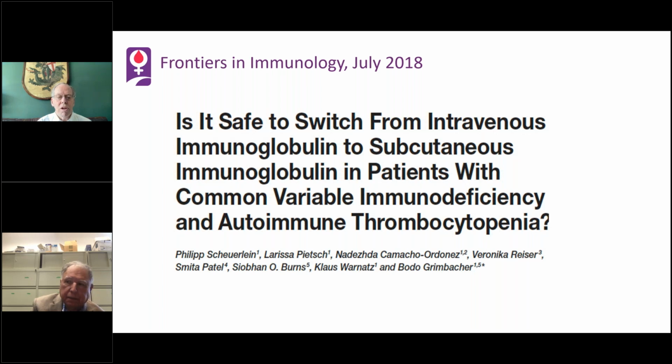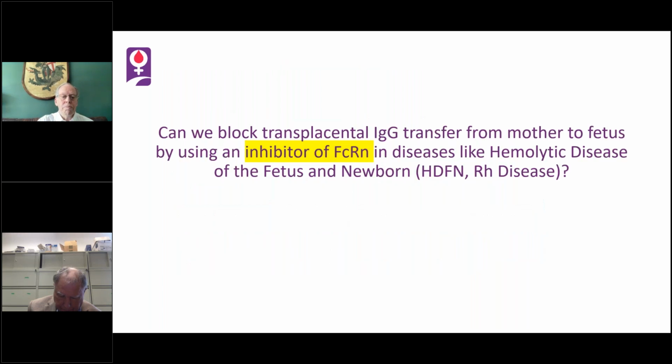Essentially, everybody would give IVIG, not sub-Q IG, if they were trying to fix the platelet counts. Whether that's actually correct or not, I don't know. But if phagocytosis is involved or other things that require a higher peak level, that may explain what was going on. Now, I just want to finish for 1 minute on looking at